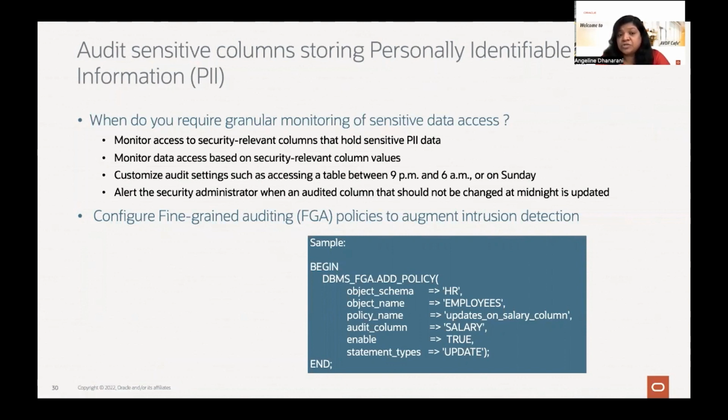And FGA also provides you a neat way to configure the audit events, the event handler, so you can trigger the notifications if there is an update of salary above 10,000 that is happening. And one of the features that 23C introduces is a way to, this was available in FGA. If anybody has configured the audit policy for tracking any PII data, this was available only in FGA. But now in 23C, you have the unified audit also.